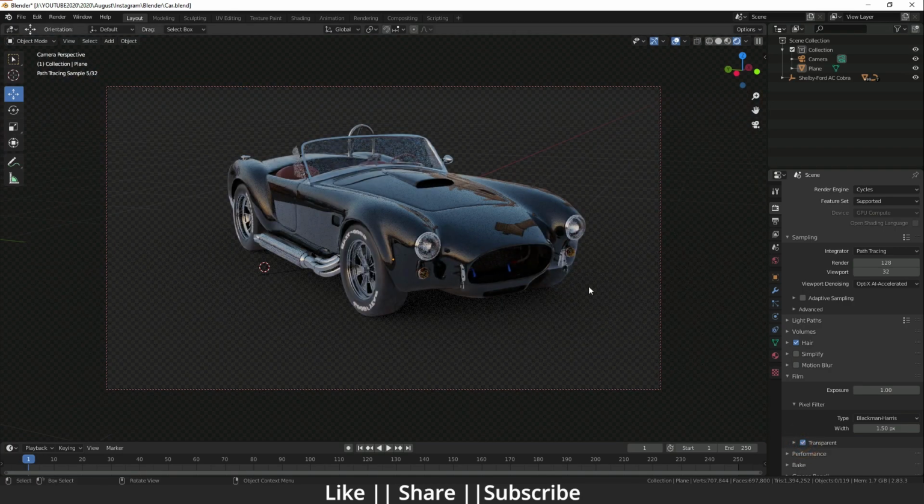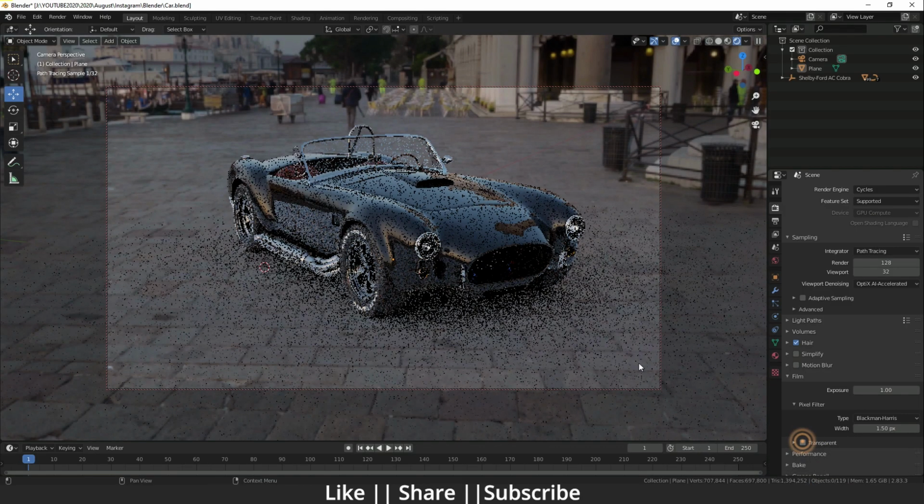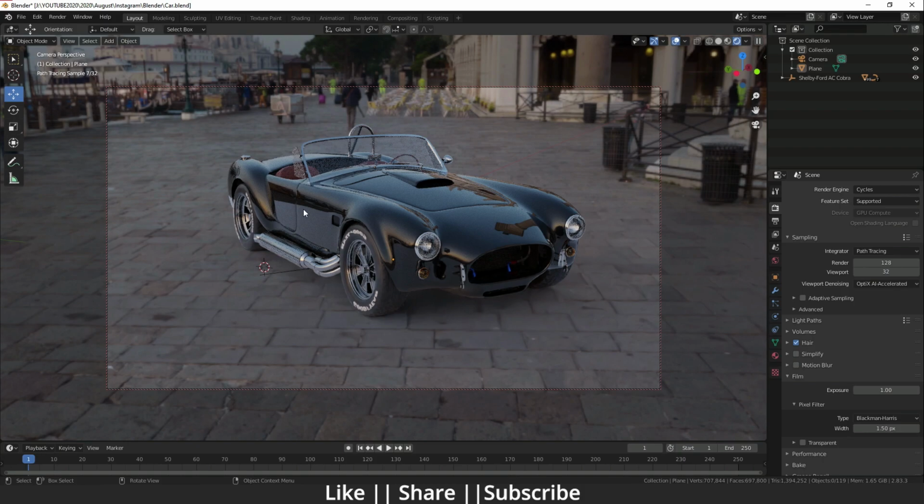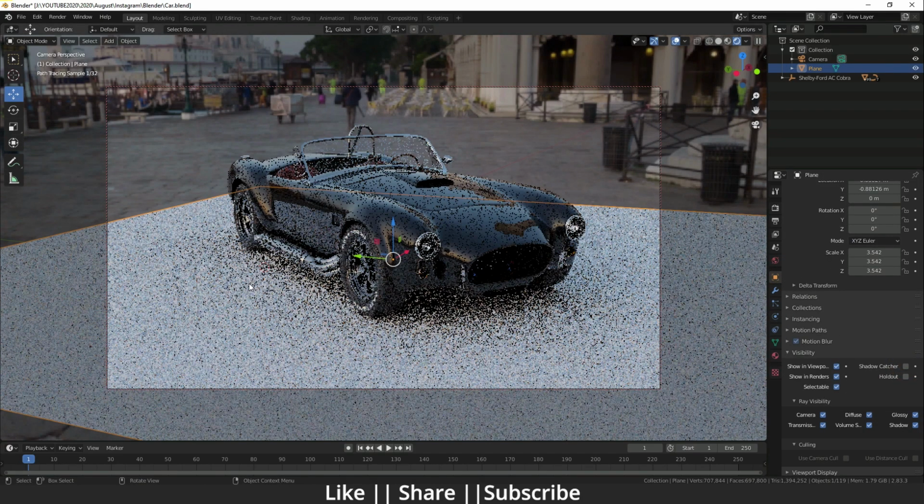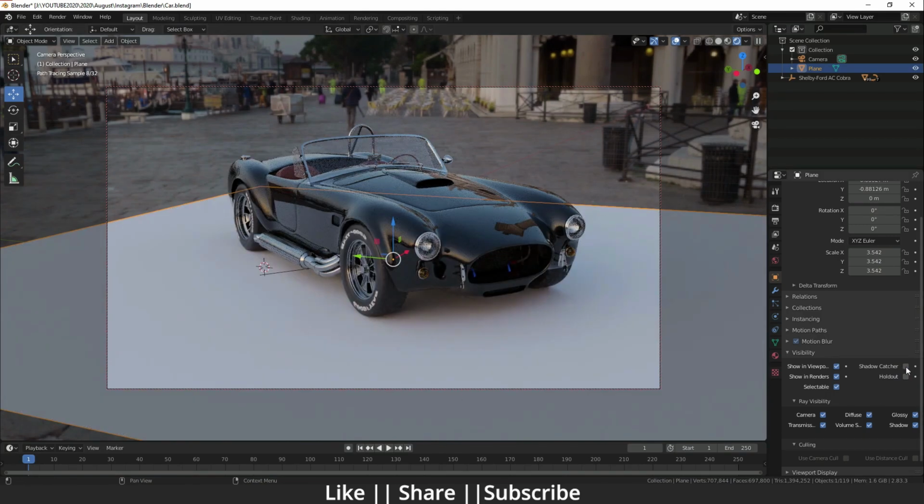So when you click on transparent, here you can see we have a transparent background. But here is one problem. When I disable that transparent, you can see guys, we can see our plain color. We can't see those bricks, that floor which we can see here, these tiles. So if you want to show these tiles where we can see our white plane, if I disable that shadow catcher, here you can see we have our white plane.